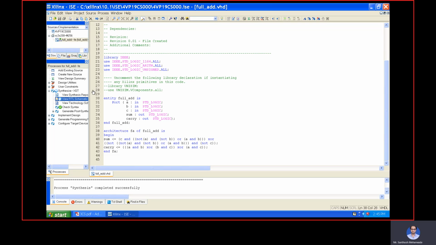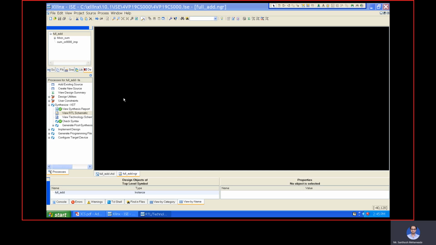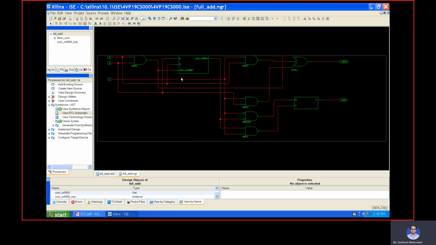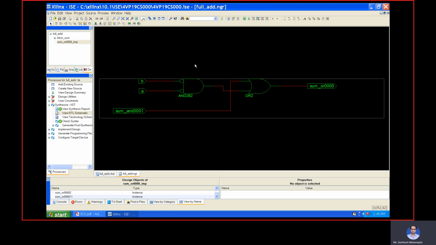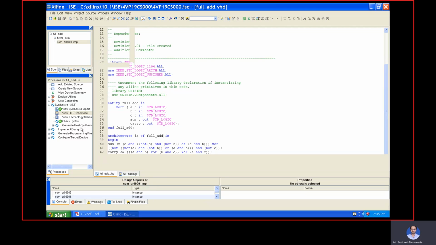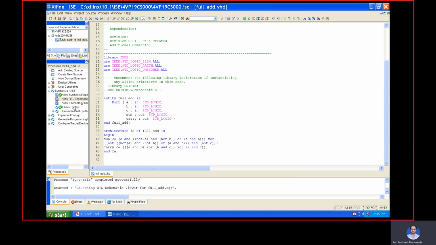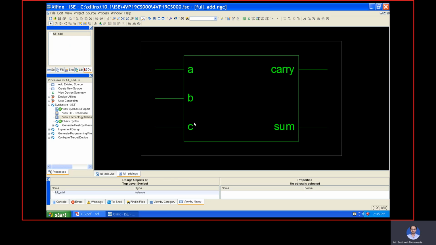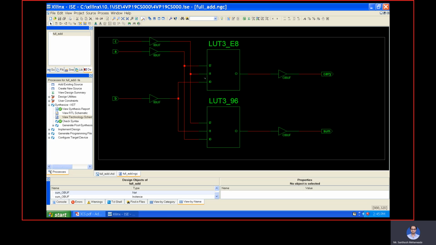Just have some patience. You can see that it consists of A, B, C as input, and carry and sum as the output. Then double click, and you can see its internal architecture. Next, if you want, you can see its technology: A, B, C, carry and sum, double click.